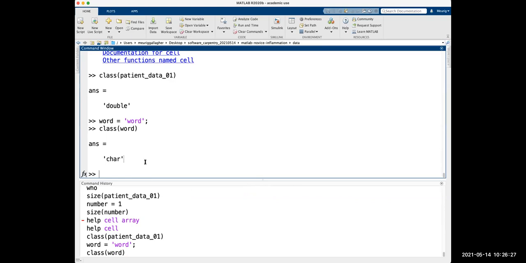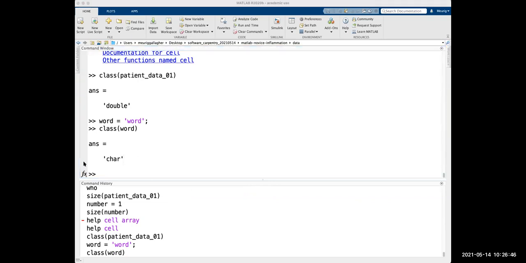And there are lots of other different types. So we can have doubles. You might have heard of things called floats, which are floating point numbers. A double is a double precision floating point number. So that just means it has more accuracy in storing the number. And then there's chars, which are basically characters.